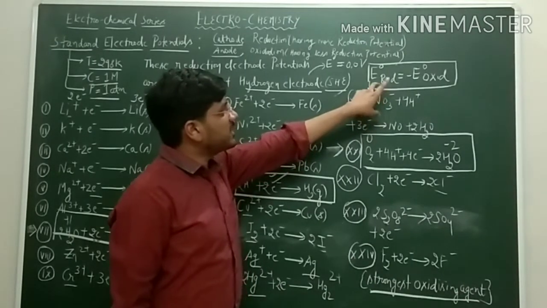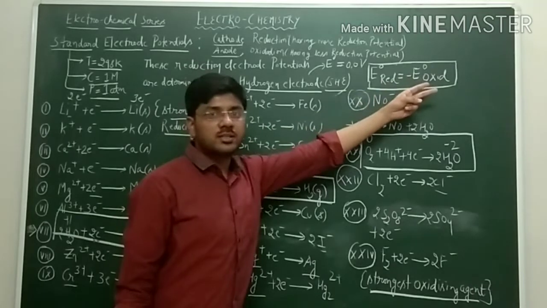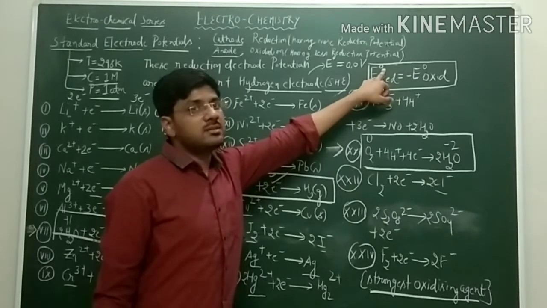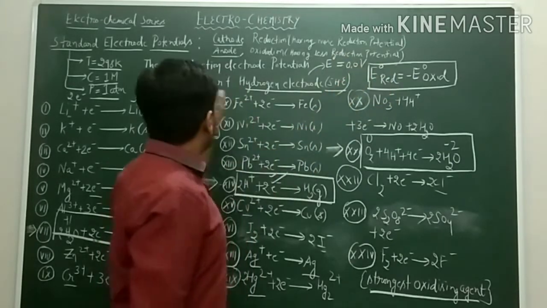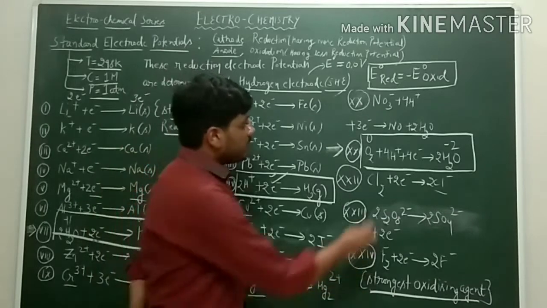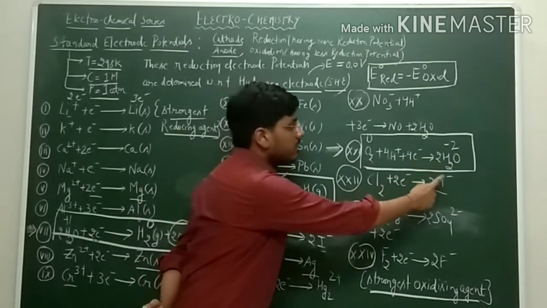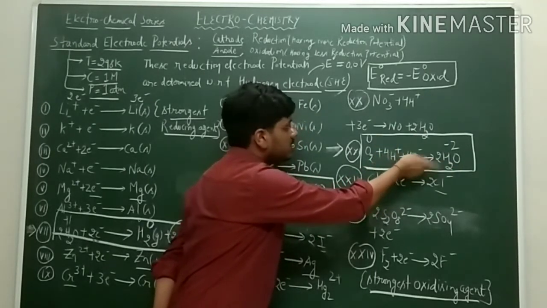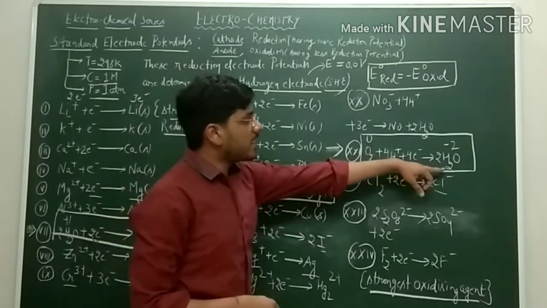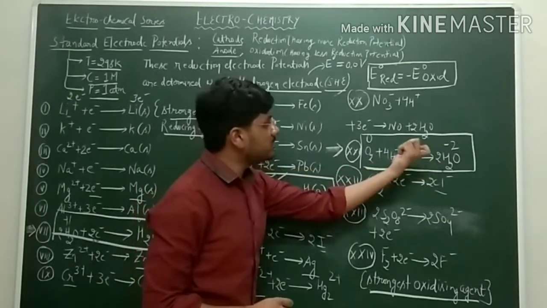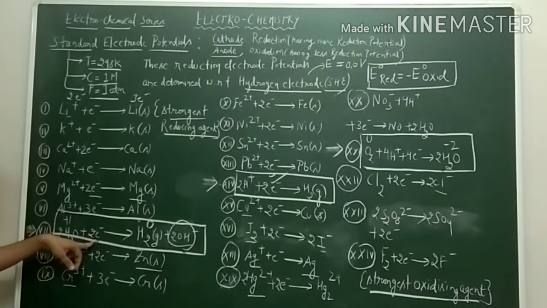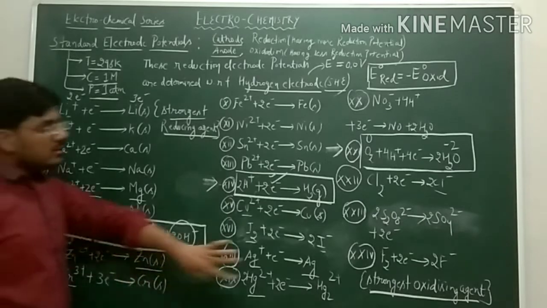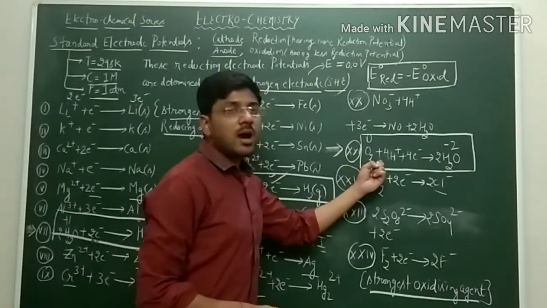We also say that the reduction electrode potential is the negative of the oxidation potential. The note basically represents that the EMF is recorded at the standard conditions which we have mentioned. So if oxygen is undergoing reduction, we can also say that water is undergoing oxidation. This point we have to remember. Water is undergoing oxidation if we reverse the reaction, and here water is undergoing reduction. When water undergoes reduction it forms hydrogen gas, and when water undergoes oxidation it forms oxygen gas.